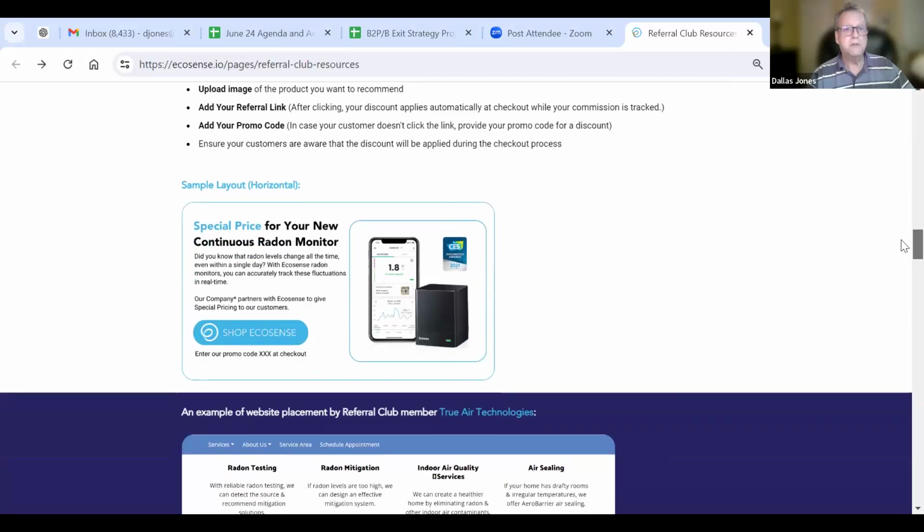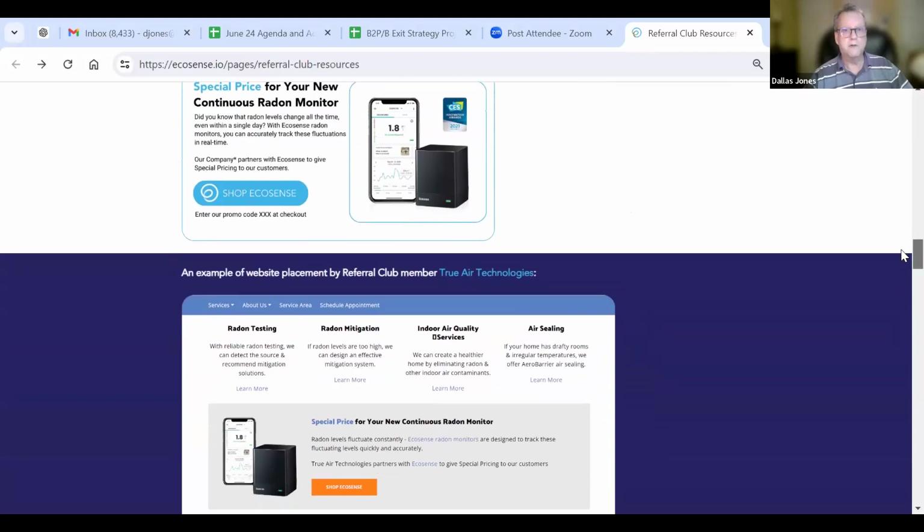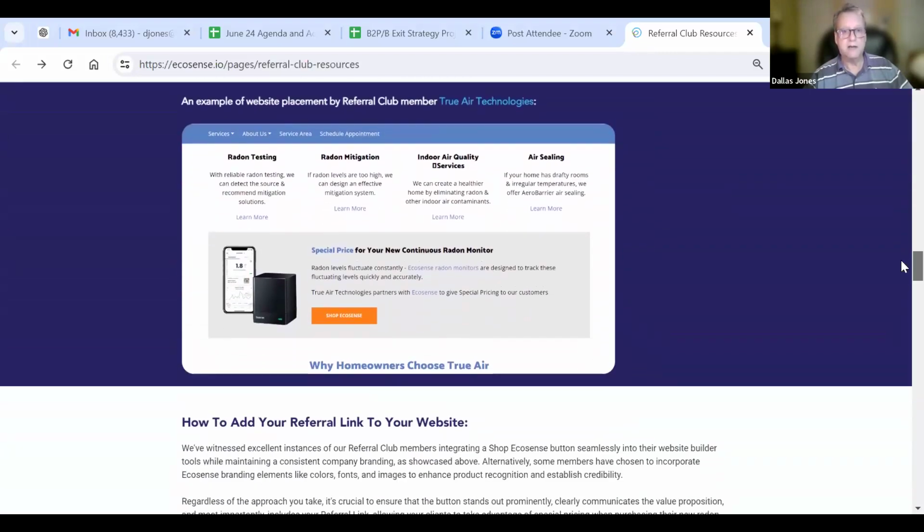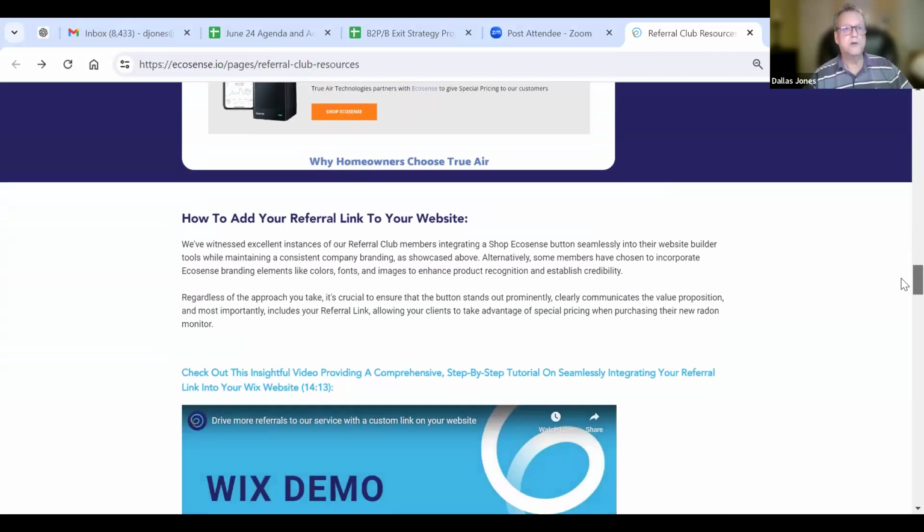We've got some artwork. For example, here's one you can see here that's a special layout. This is a horizontal layout. We've got instructions here on how to set that up. If you've got a web person that does that kind of stuff for you, then they'll figure it out real fast. If you're doing it yourself, then if you run into a snag, Ksenia or one of our staff can help you with it. Here's the one I just showed you. This is their regular part of their website up here, and then you can see the particular box that they created. So there's a whole section here in these resources on how to add the referral link to your website,